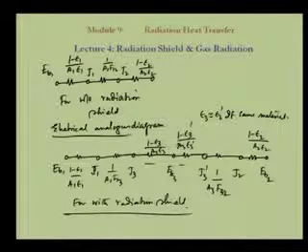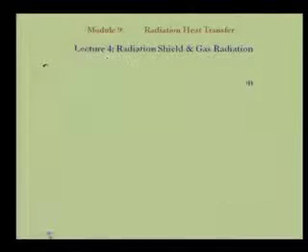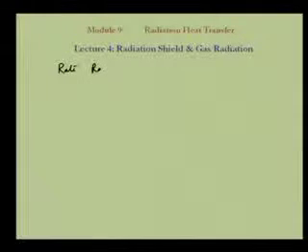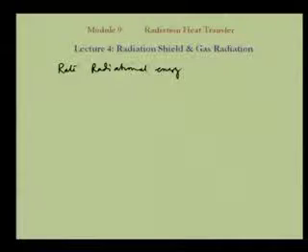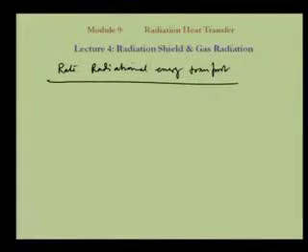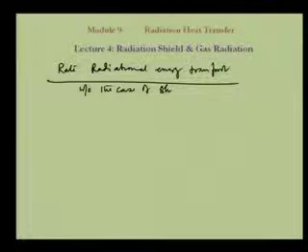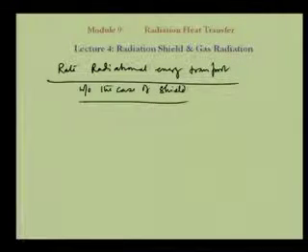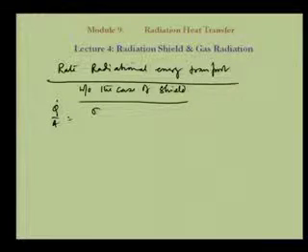Now, what we can understand is the rate of heat transport, rate of radiation energy transport, without the case of shield. Okay. In that case, we have that q dot by A is equal to sigma into T 1 to